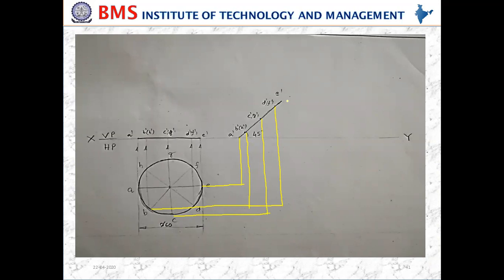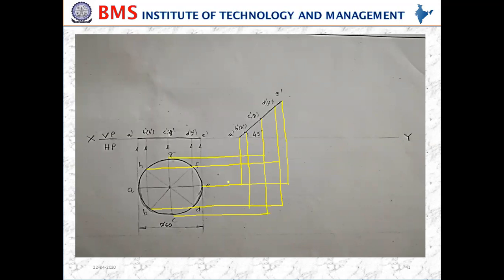And next is E dash. From E dash, draw a vertical line, then draw a horizontal line from here and get the intersection. Next, F. F and H are on the same line. F is at this point and H is already got here, because of H and H dash. If I draw a line from here, then it will intersect at this point. Next, G and C lie on the same line, so the G dash line intersects at this point. So I got all the intersection points.